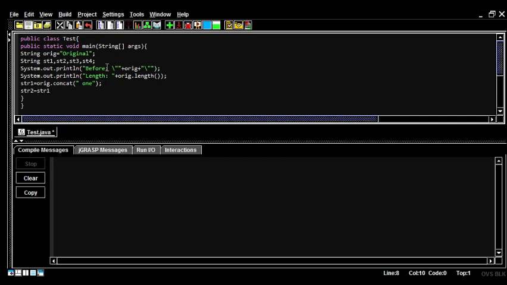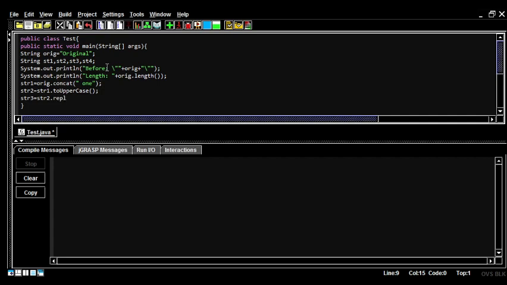str1, so we're going to be working off of that one, dot, and then to, and then capital U, PPER. The PPER is lowercase, and then capital CASE. So say toUpperCase. Again, you can see this on the YouTube channel. Open parenthesis, close parenthesis, semicolon, and that'll make it all caps. Then str3 is equal to str2, so then building on that one, dot